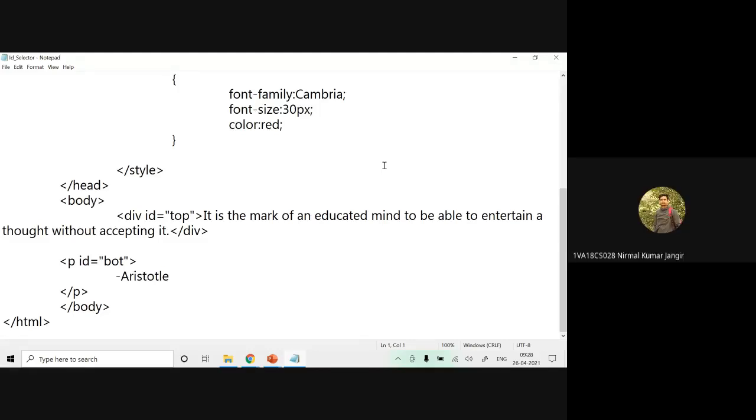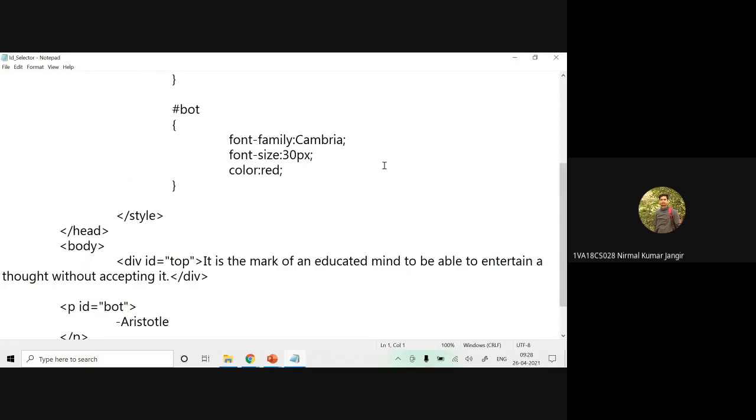For ID selector, we'll be using the word ID. Like for class selector, if we write, we can use one class and many can be written with the same name. But for ID, specifically unique has to be there.